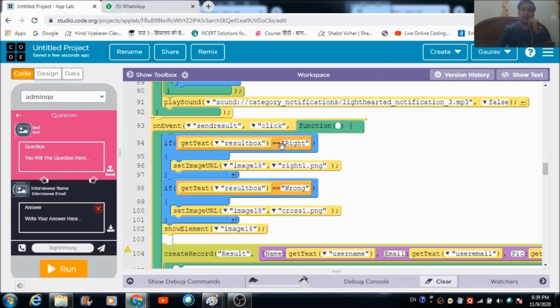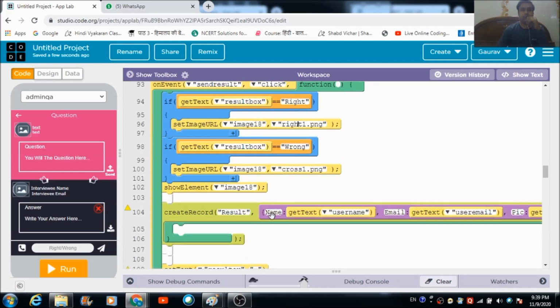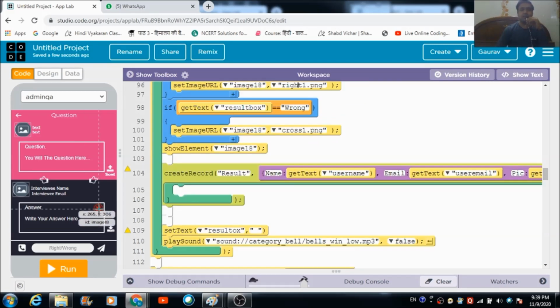In case the answer is right, the image which will get reflected in this image component with name image18 will be right1.png. Initially, this image will not be visible to the user.